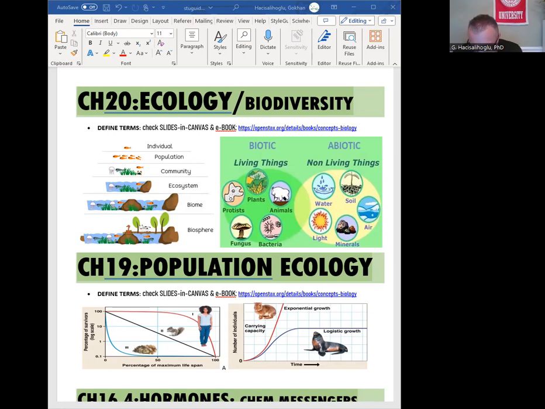And then terrestrial biomes, another group, are defined by the climate and predominant vegetation, which is what makes them unique. Major terrestrial biomes include places like forests, savannas, deserts, chaparrals, temperate grasslands, temperate broadleaf forests, coniferous forests, tundras, and polar ice.